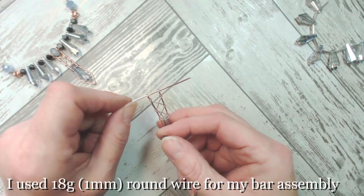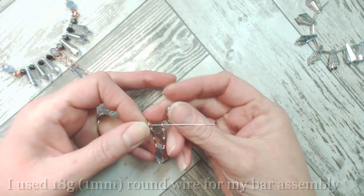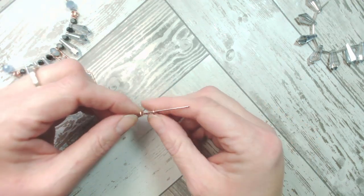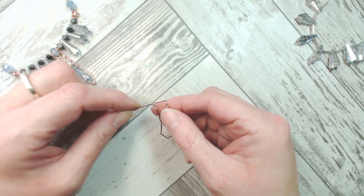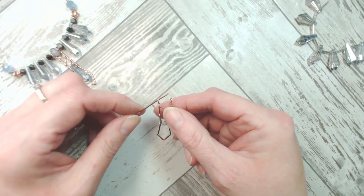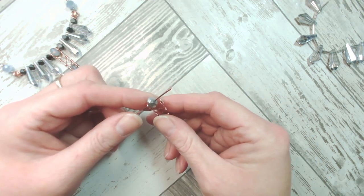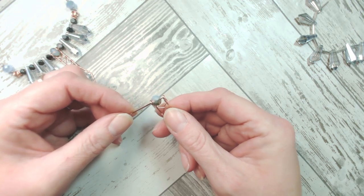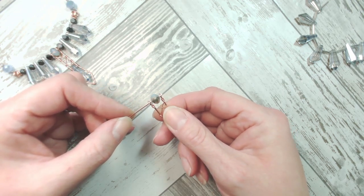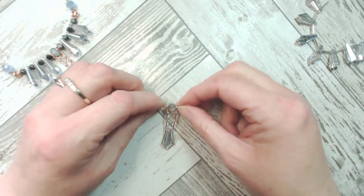So you'll see that I've added on the assembly to the bar. What I want to do is to sight a bead up at the top, like so. So I'm going to draw the wire back out from the second of those loops, and I'm going to add the bead into position, and then very carefully draw the wire back through, and then post it through the gap in that second loop that we created. And that's the basics of setting as a